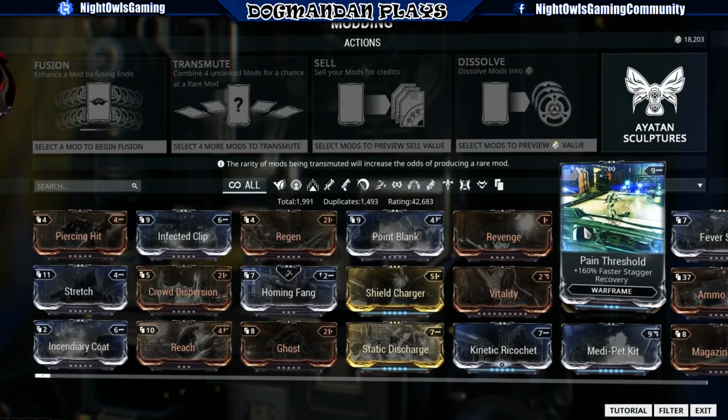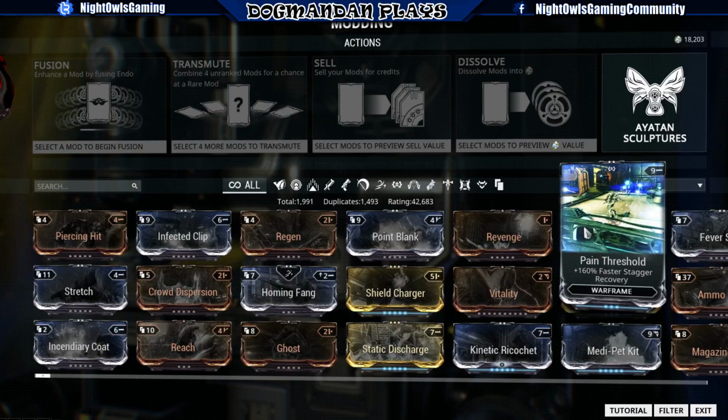So, pain threshold. It's gonna go on your Warframe. It's an Exilus mod. Faster stagger recovery. So if you get staggered, it's a stagger recovery, which is fine. I mean, we have the handspring for knockdown recovery, which is 160%, just like this. And then you also have